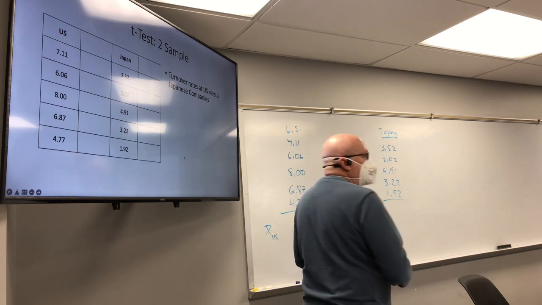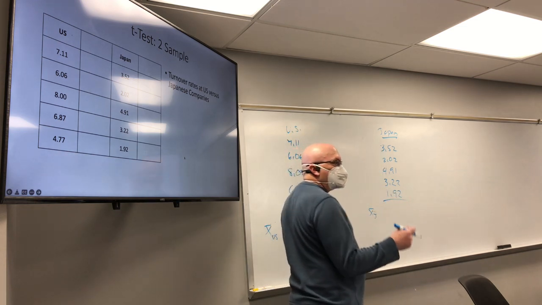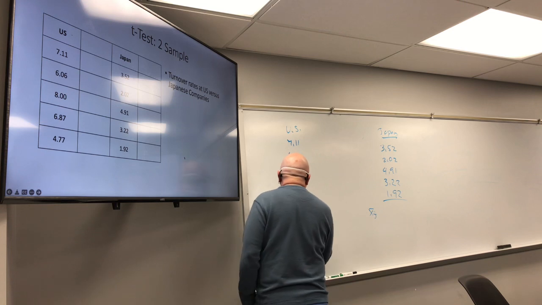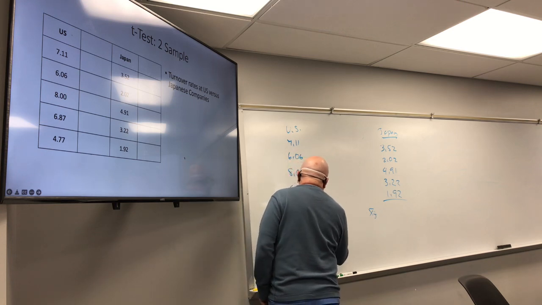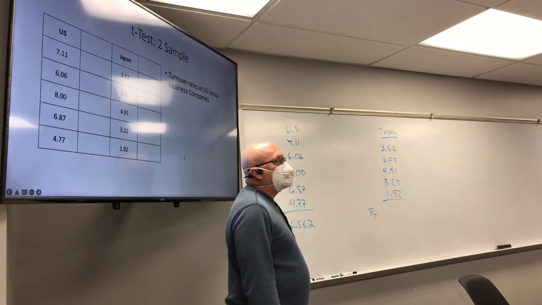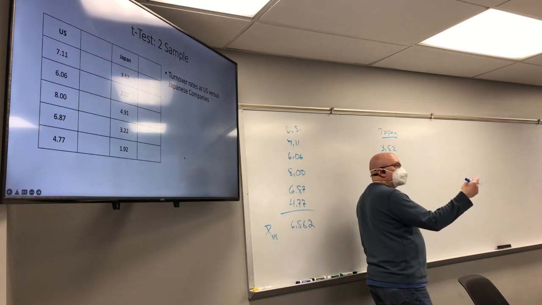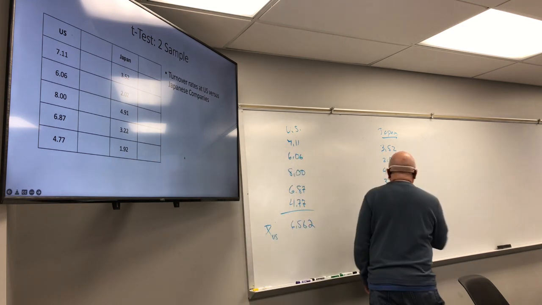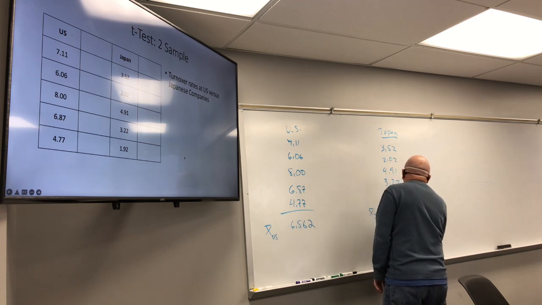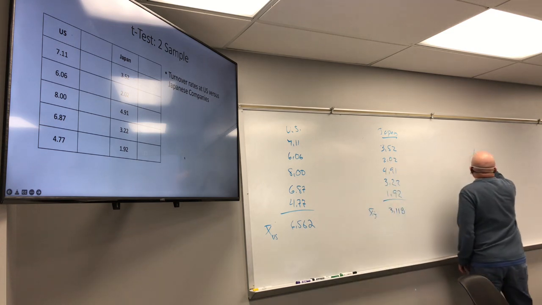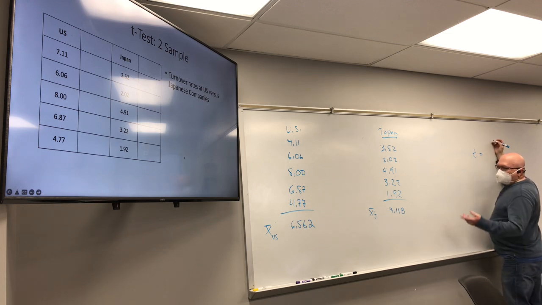Who has the mean for the US calculated? Yeah, what do you got? 6.562. Anybody disagree with that? What about the mean for Japan? Somebody else? 3.118. So for our t-statistic, the numerator we already have